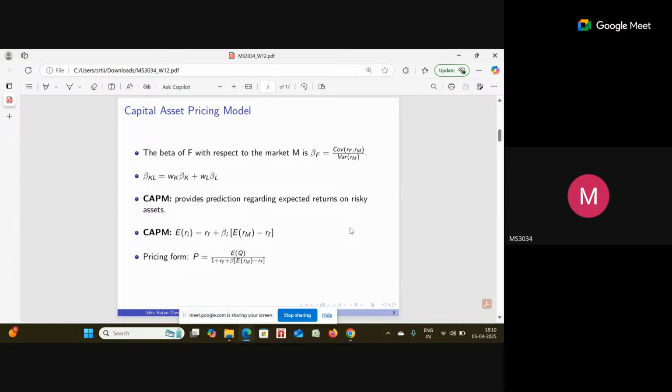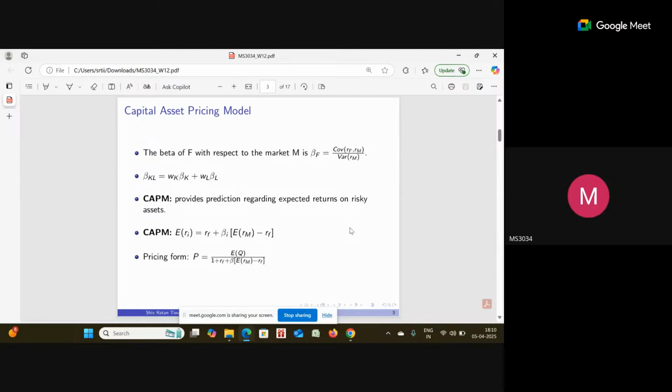So once you have this beta, then on top of some assumptions, these assumptions are mentioned in the class: all the investors are rational, there is no asymmetric information, etc. If these assumptions are satisfied, then CAPM provides us the prediction regarding the expected